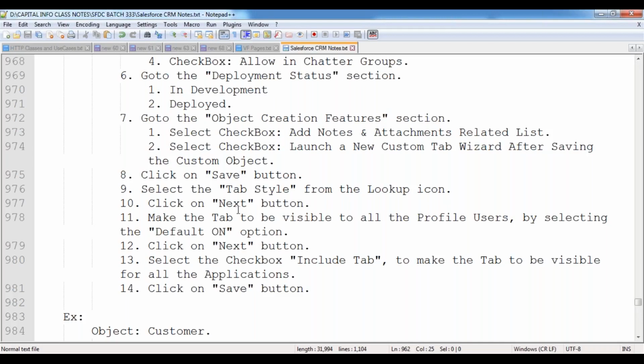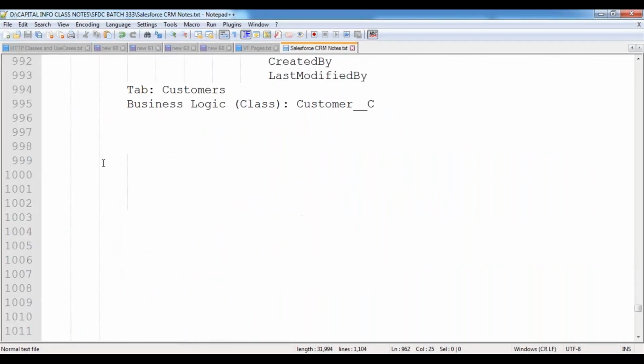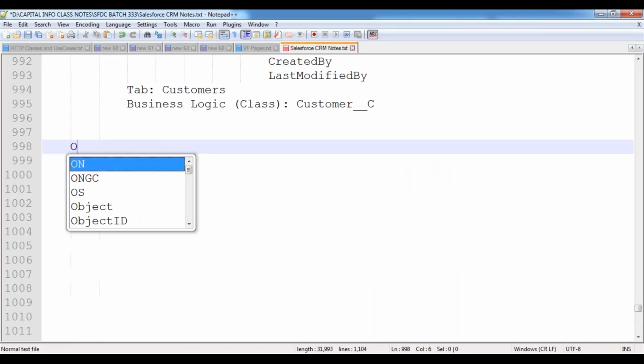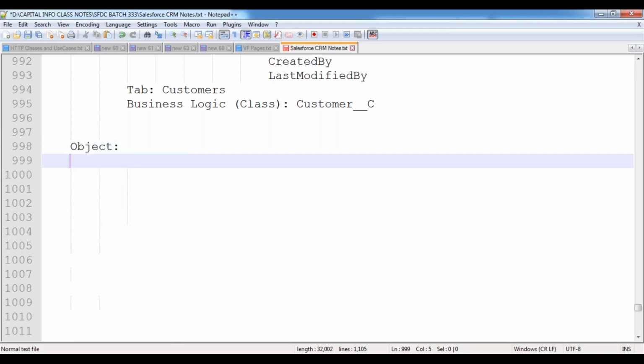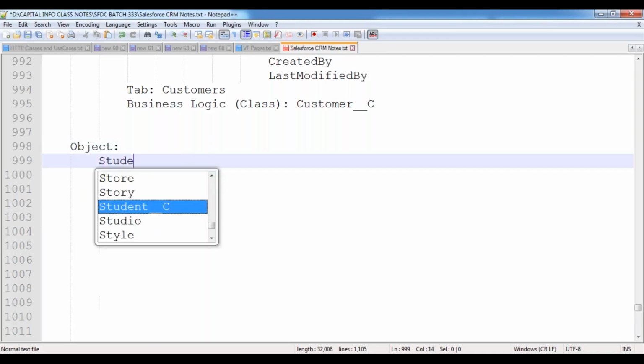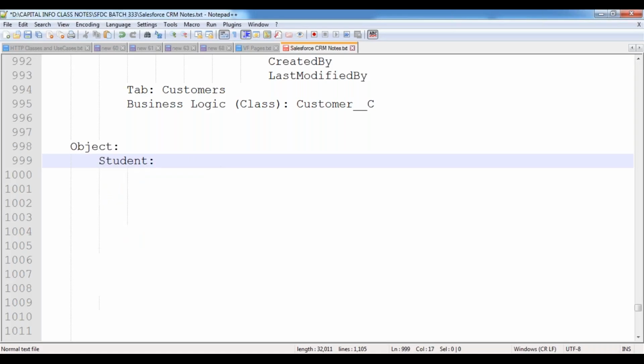Now, suppose, for example, come to a scenario. Assume that I have created an object with the name student, in order to store student details.